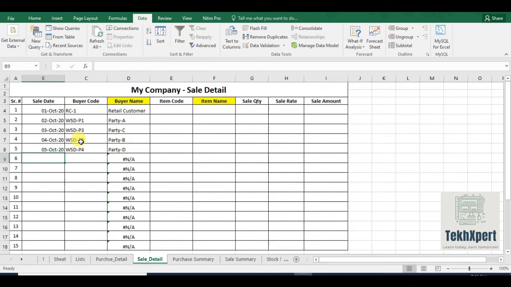We are repeating because this is Excel and it does not have parent-child relationships. So you cannot link the master table with the child table, because you have to enter the data to map the party with the goods.